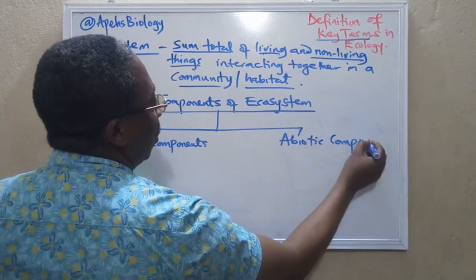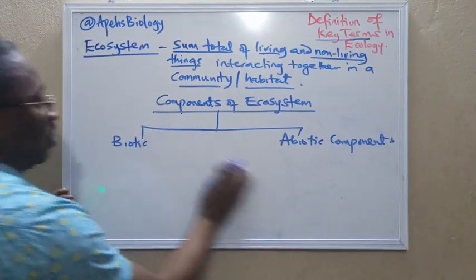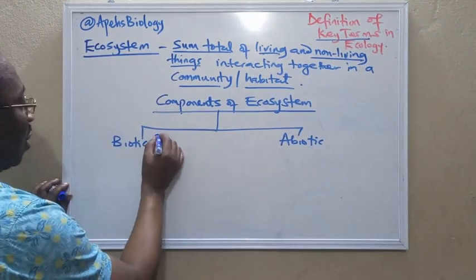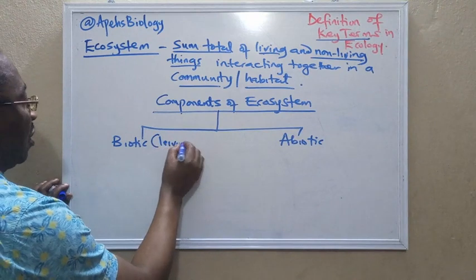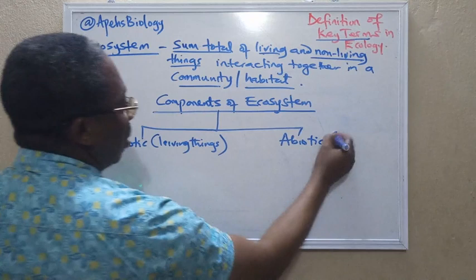So we have the components of ecosystem classified into two. Let's just say biotic and abiotic, where biotic has to do with living things, while abiotic has to do with